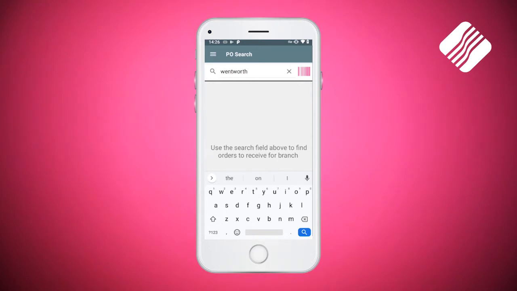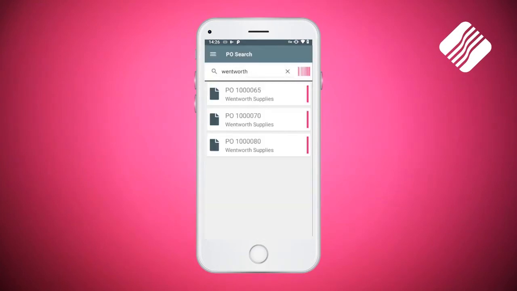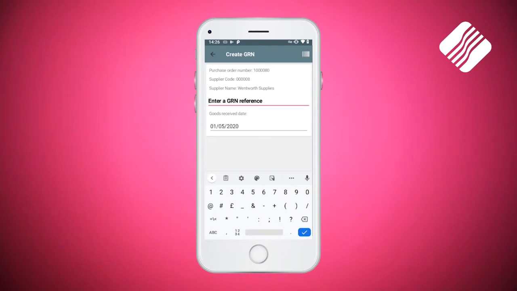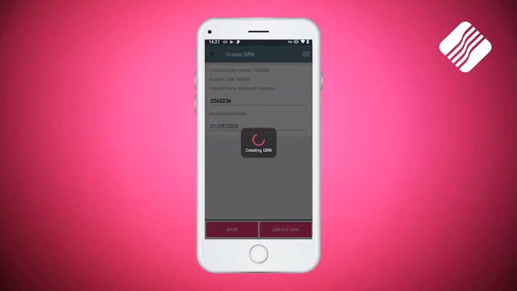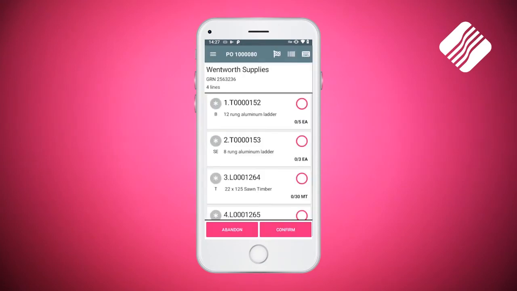So I'm going to type in Wentworth and click on search, and it will bring the outstanding purchase orders up for that supplier. The one that I want is the bottom one, so I tap on that line. It asks me to enter a GRN reference number, which I do. The date I'm going to leave the same. Of course, if I wanted to change the date, I could simply tap on the date and select a date from the calendar. I then tap to create the GRN,